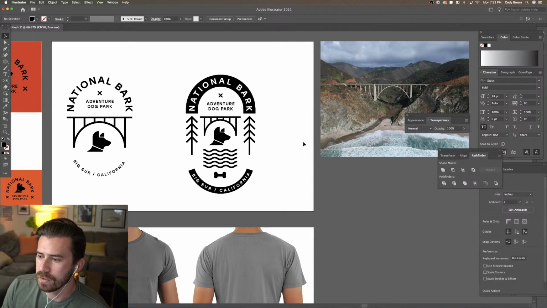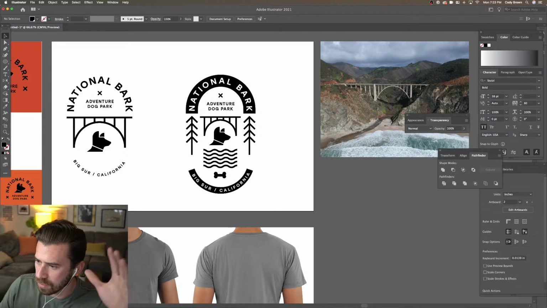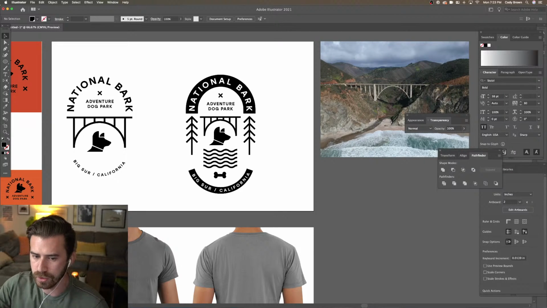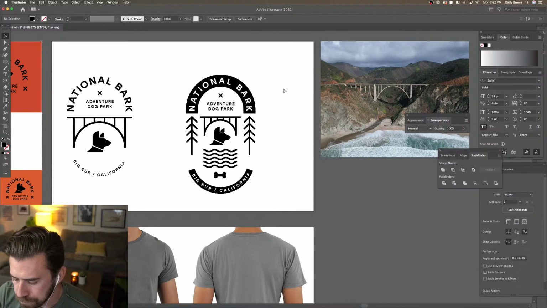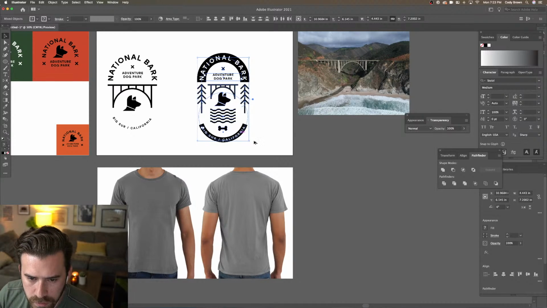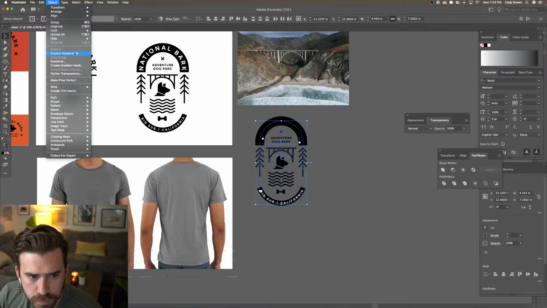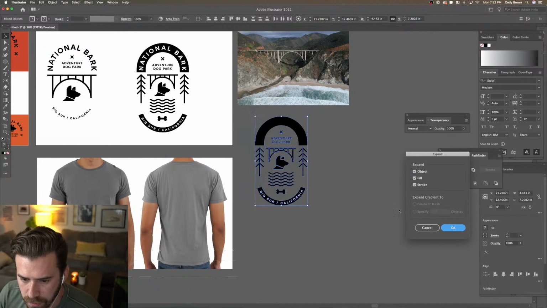Another good thing to do when you're trying to make an icon like that is to go on some inspiration sites and source some ideas from other ones and create your own version of it. You know what I mean? Anyways, so we will apply this. Let's duplicate this and outline everything real quick. Object, expand appearance. Sometimes I do it twice to make sure that it all gets